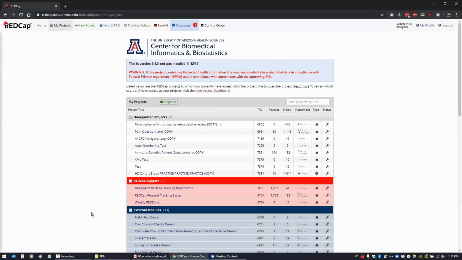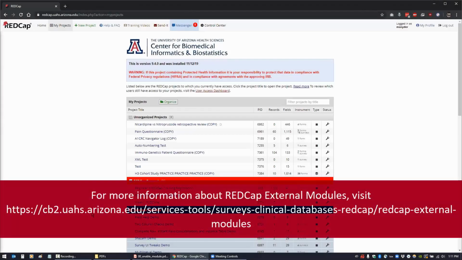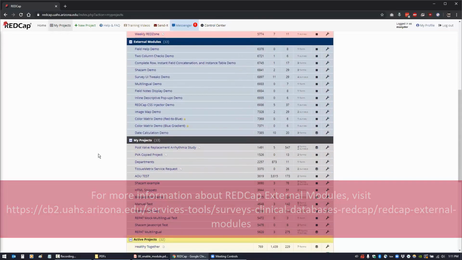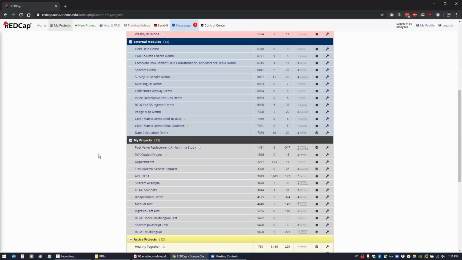So today I'm going to talk about the date calculation external module. What the date calculation external module allows you to do is take a field that's a date field and calculate other dates based off of that. So if you have follow-up dates that are 1 week, 1 month, 6 months down the road, and you have different events, and you want to automatically populate those dates with the proper date instead of you having to do the math and figure out when that's going to be,